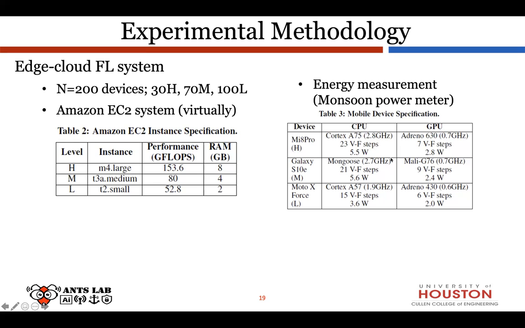Actually, I don't know the details of their settings, and they don't show the details. Yes, if you call one high end and one medium end, at least show us something that really distinguishes them. For example, the memory: if the Mi 8 has a lot of memory and the Galaxy S10 not that much. But I think the major thing they adjust here is not memory, it's the GPU and CPU. But for GPU and CPU, they're similar. You cannot say the Mi 8 is a better company than Samsung. That's ridiculous.